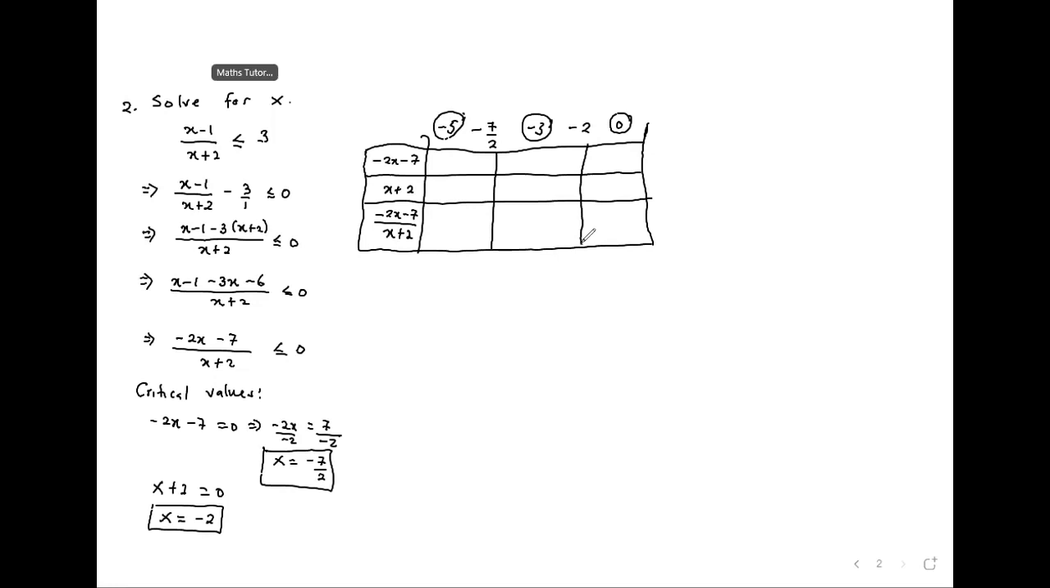And then when x is negative 5, this will be positive, negative, negative, and you divide the signs there. When x is negative 3, this will be negative, this will be negative, so you get positive. Then we have a negative there, positive, negative. So we take note